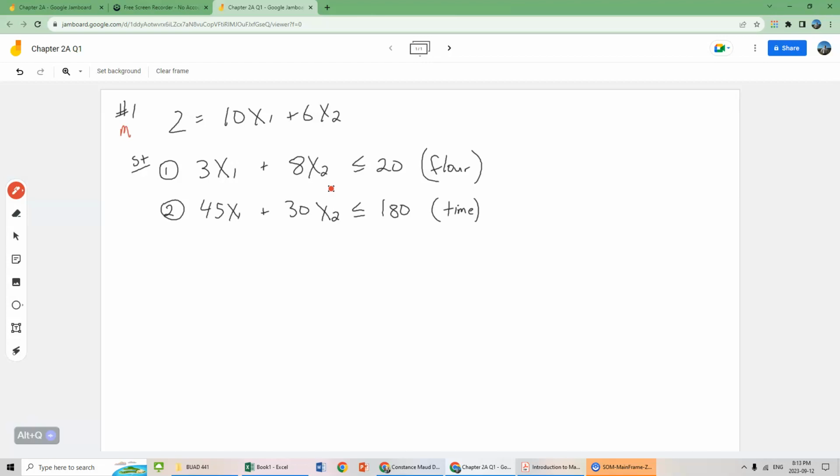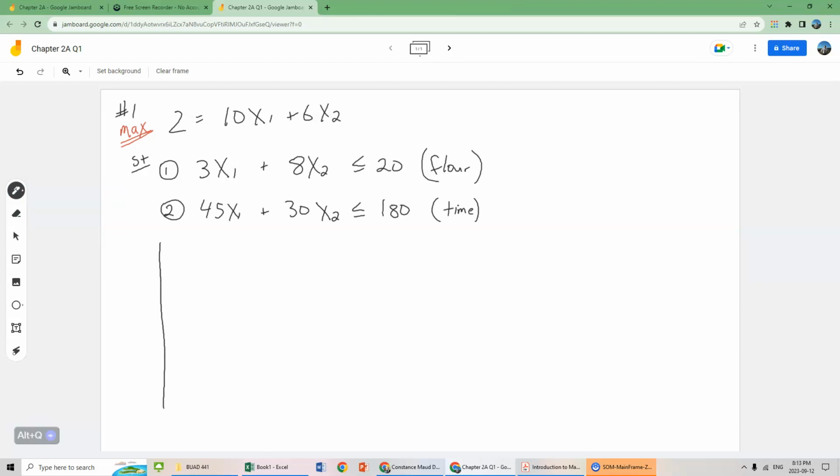We should have this in there. That's our objective function. Maximize Z equals 10 times x1 plus 6 times x2, subject to these two constraints. The two constraints are the amount of flour we have and the amount of time in minutes. So let's first of all,